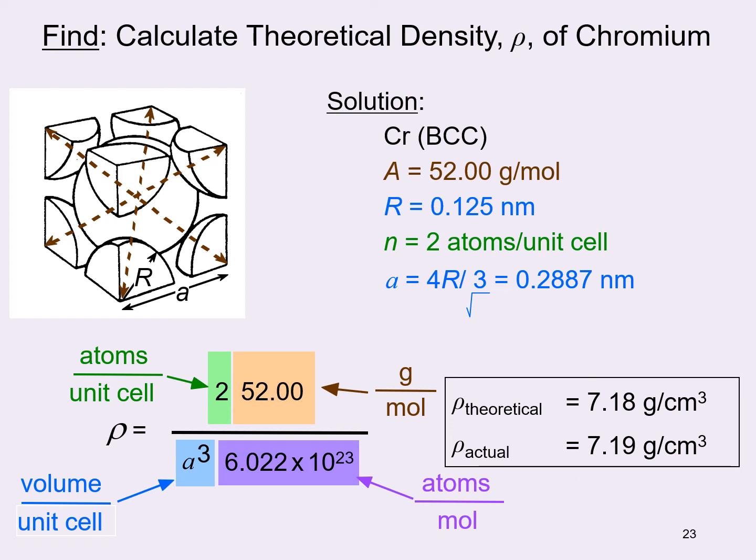Inserting all of these into the equation for the theoretical density, we end up getting 7.18 grams per cubic centimeter,